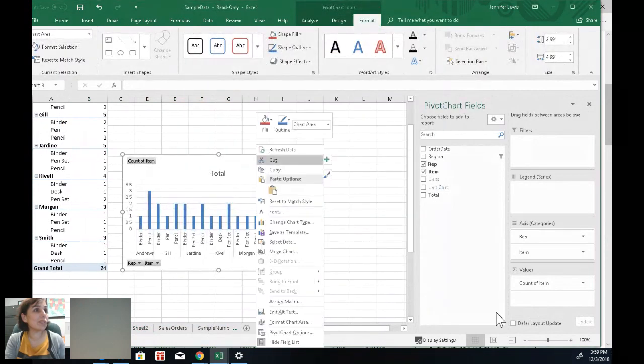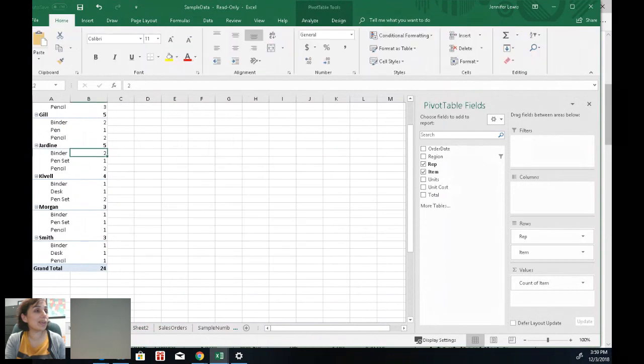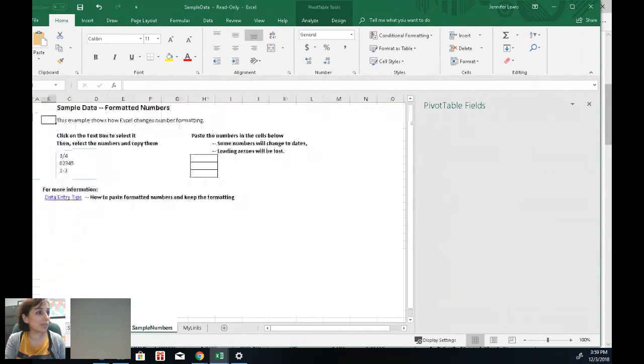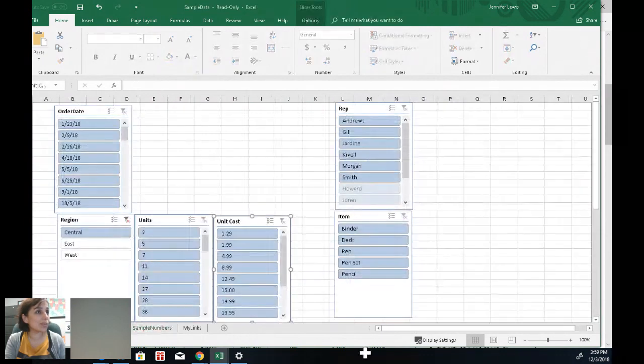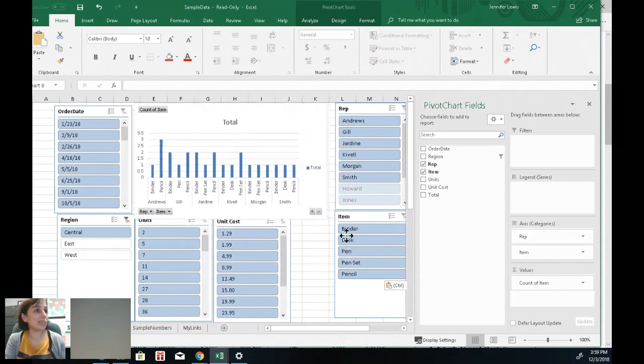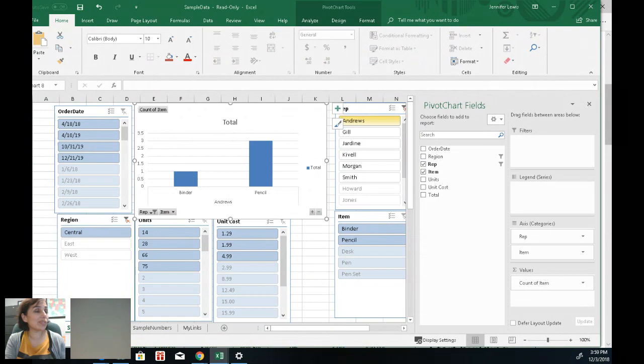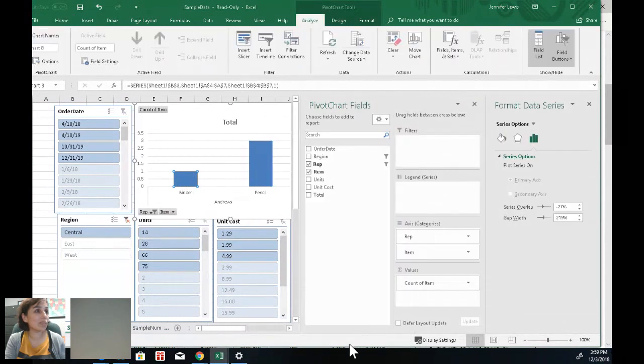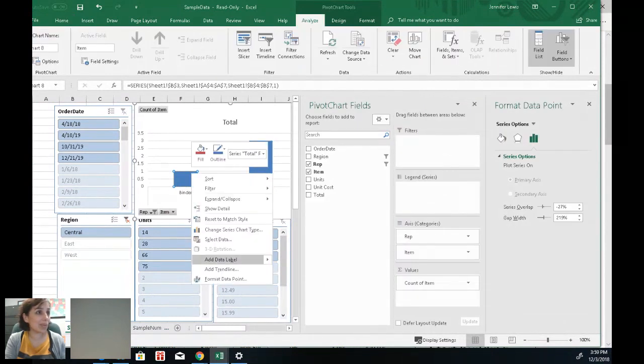And then take our pivot chart that we would cut, move it to that tab that we have. Sheet 2, I believe it is. There we go. We got this information, and now we can filter it out. And you see, here's the totals for Andrews. But again, all the formatting has to be done every time on these